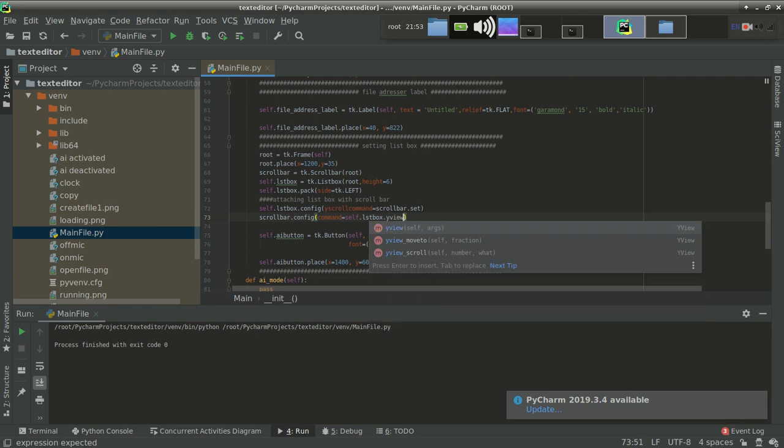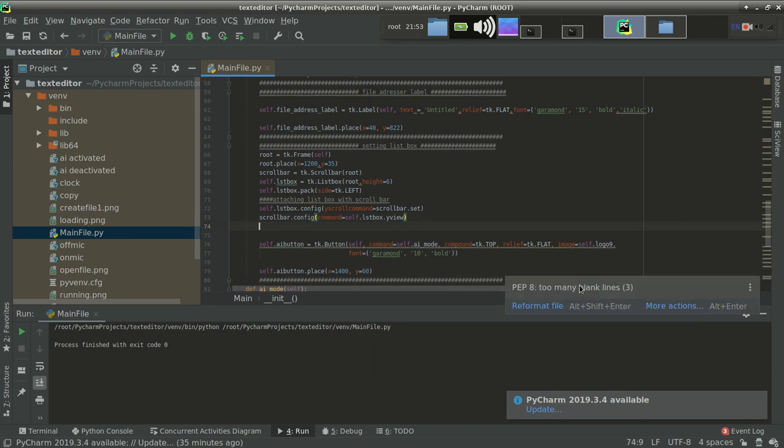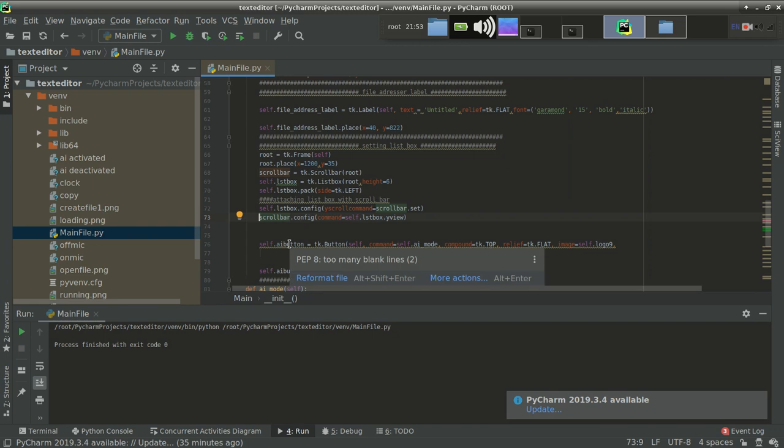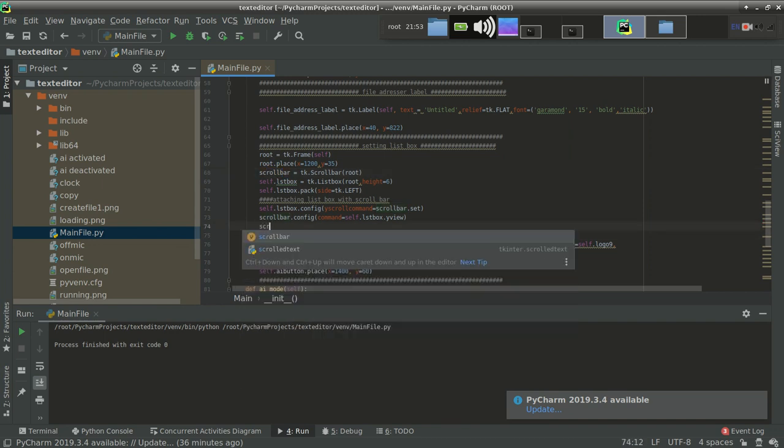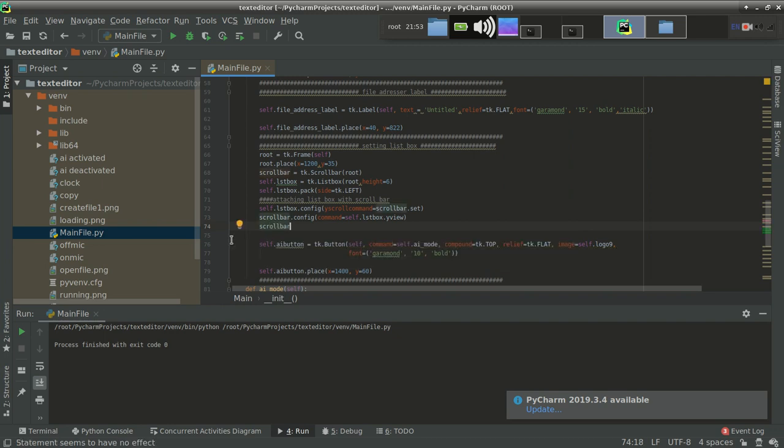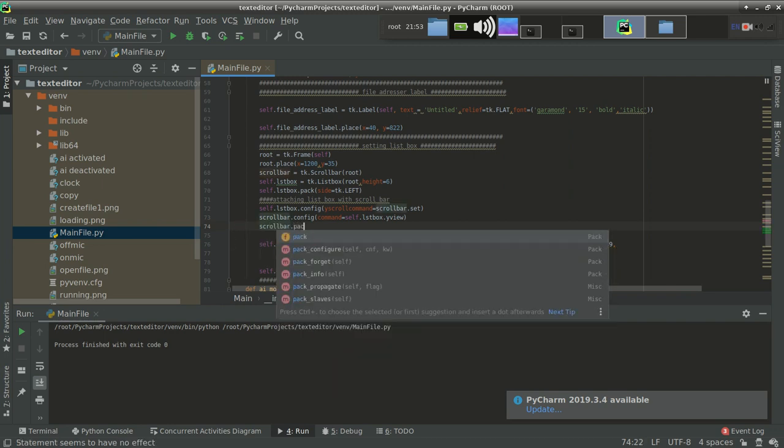Actually till now I am attaching the scroll bar to my list box. It is not self dot scroll bar. No, sorry, it is scroll bar because the name over here is scroll bar, not with self. Now again we are providing the name scroll bar dot pack.